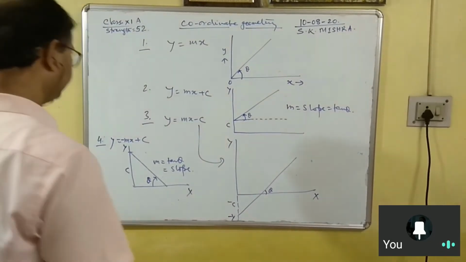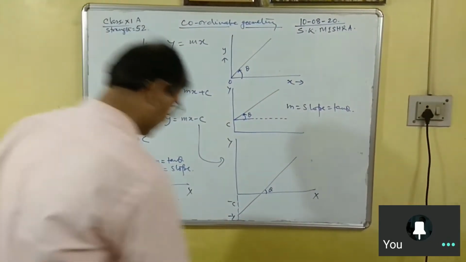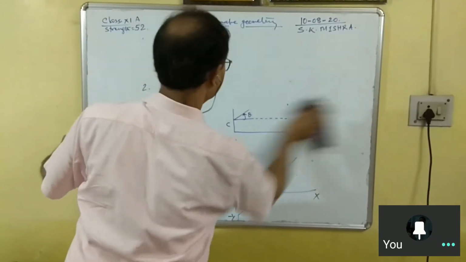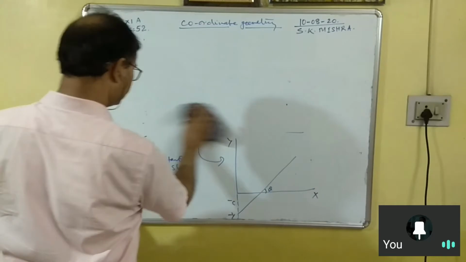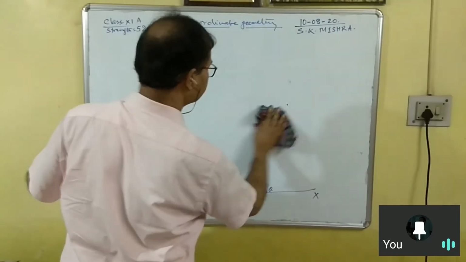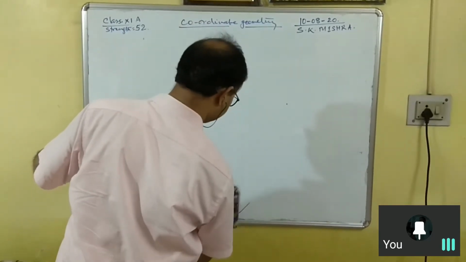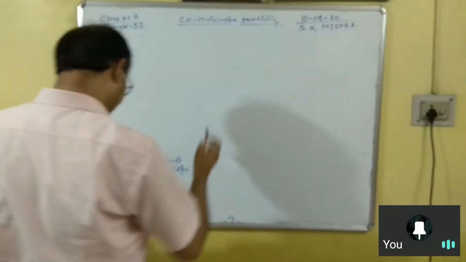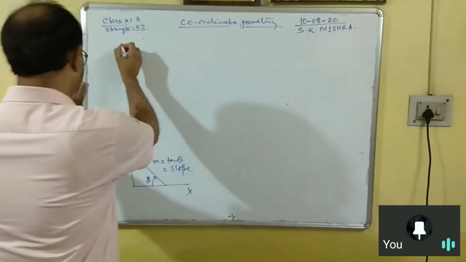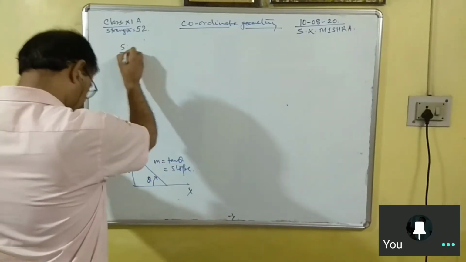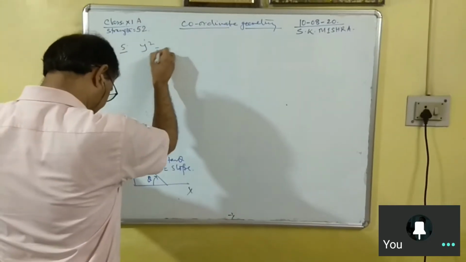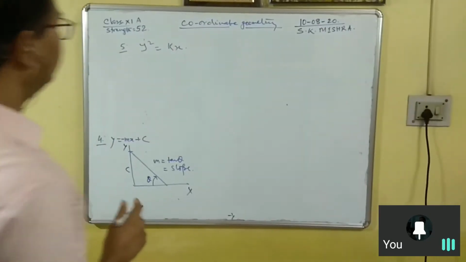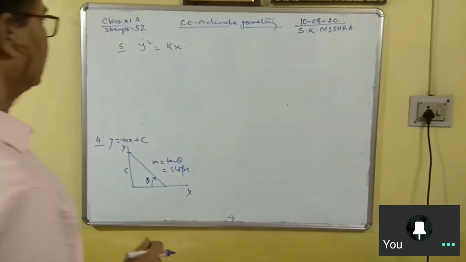Now the fifth one is, I am rubbing this part. Up to this portion I did in the previous lecture. Now I am talking about another graph, number 5, y square is equal to kx. If you plot the graph between y and x, the graph will be